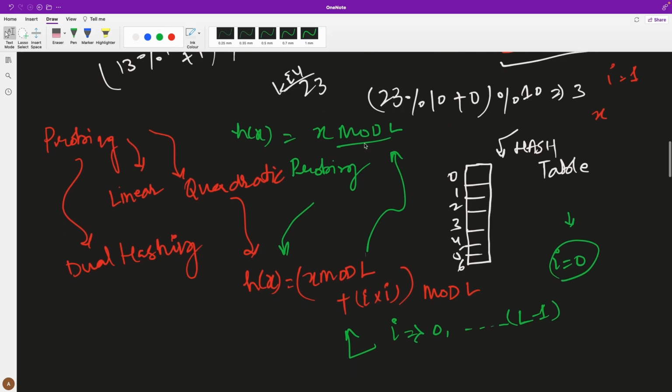And the third way of resolving the collision is dual hashing. So what do you do in this case? Your hash function looks something like this: h1(x) plus i times h2(x), and then mod the table size. These h1 and h2 could be different or could be the same, but this is how you actually